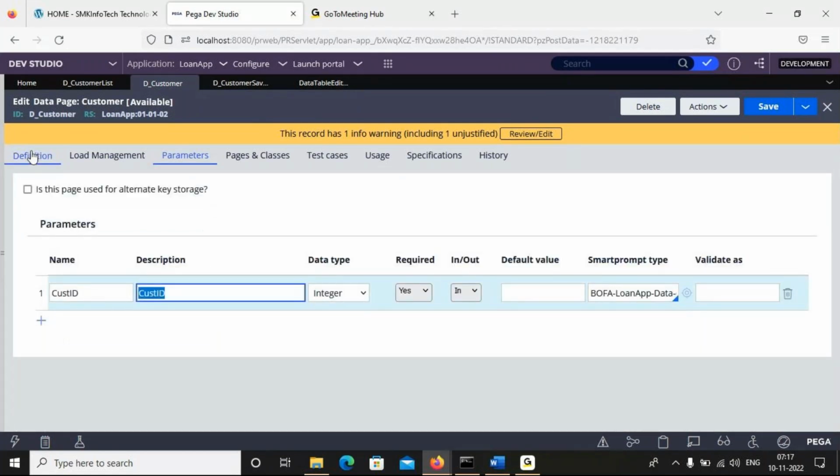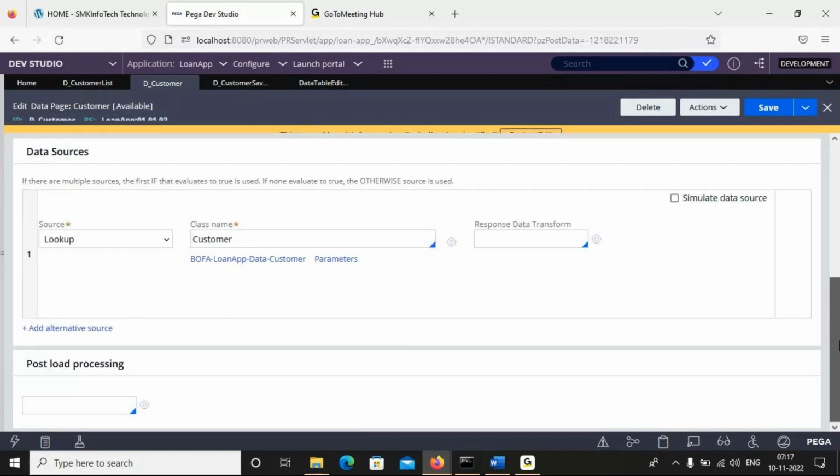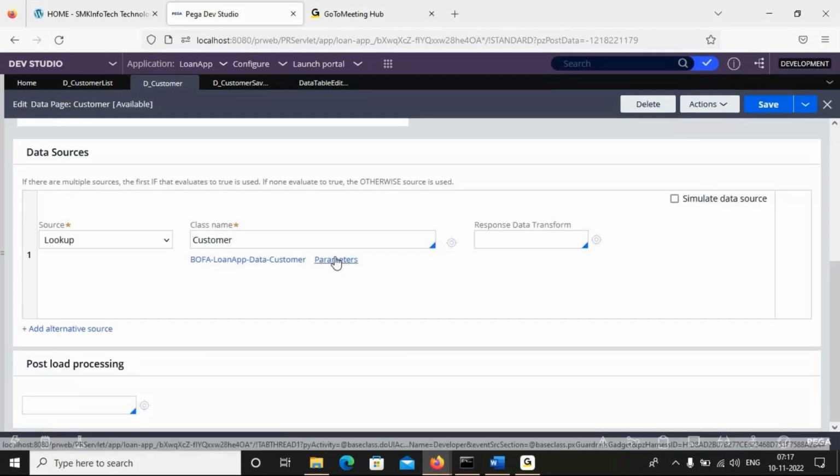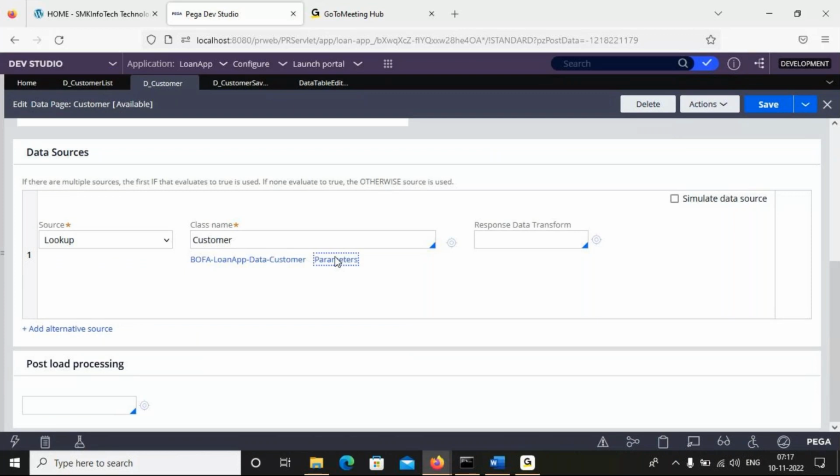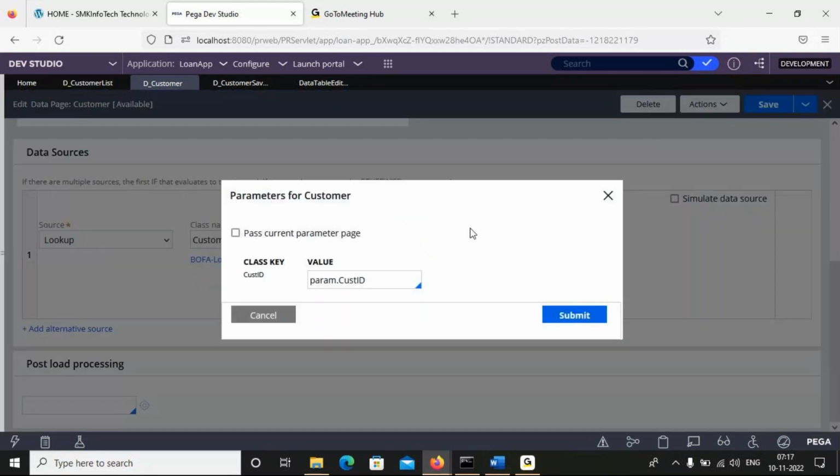The customer ID is passed to this lookup method by clicking params. Pass the current parameter. Now, when you run this, it will ask you for the input parameter. Wherever you call this data page, we need to pass the input parameter, and only then it will give the output. Because I want to fetch the single record, see that. We are passing the class key that is called param.customerID. Now action, run it.